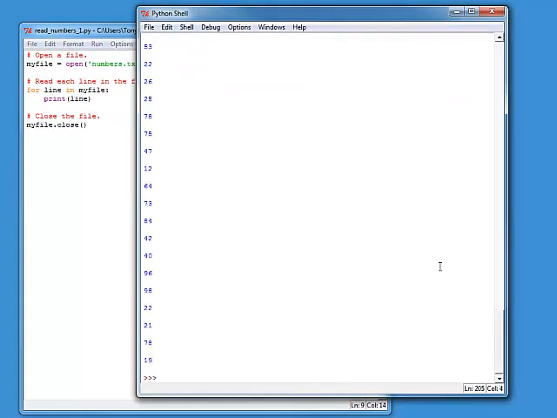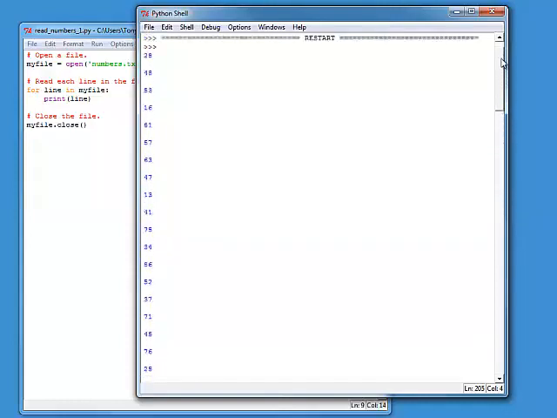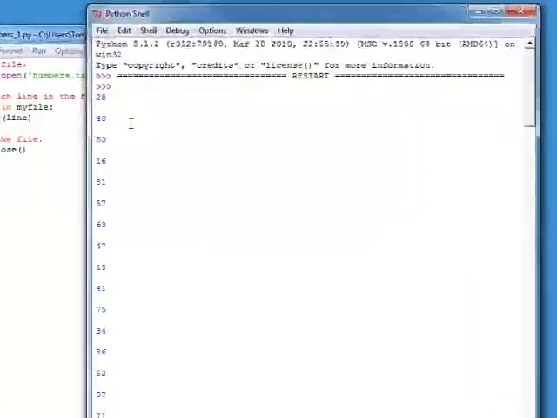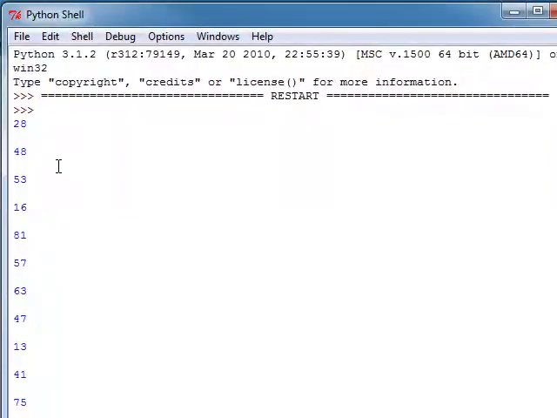And there is the output. I can scroll the window here to show you that we do have a long series of numbers. One thing that you'll notice is that we have an extra line printed between each one of the numbers. We have a blank line basically printed between all of the numbers, and the reason that that's happening in this